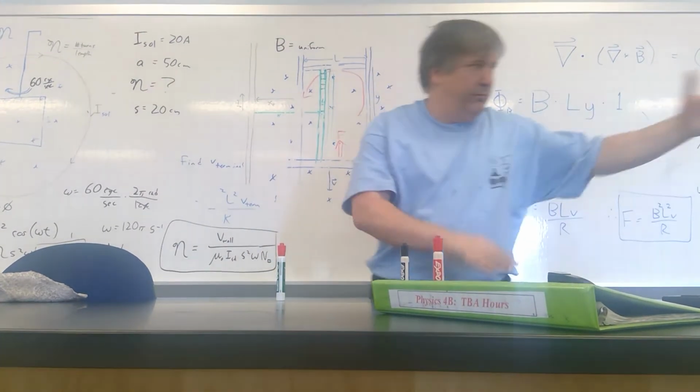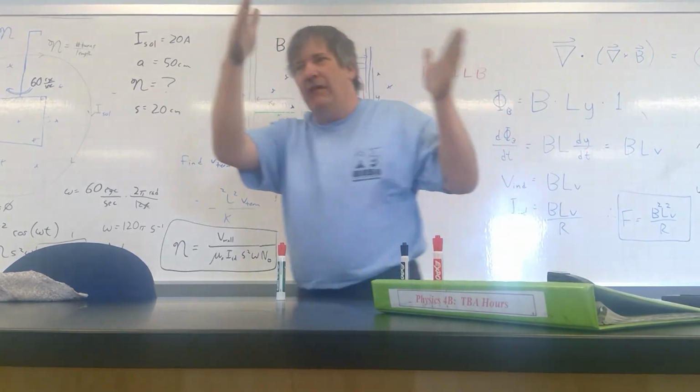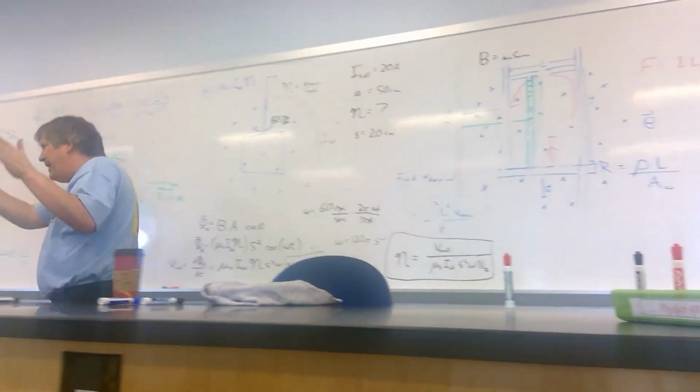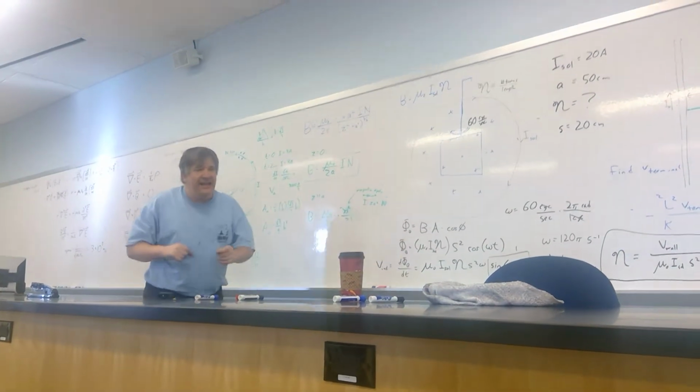So as I pass the edge of the desk, boom, really powerful B field coming out of the page. All across here, the B field stays the same. As I pass this end of the desk, the B field falls back to zero. And I take